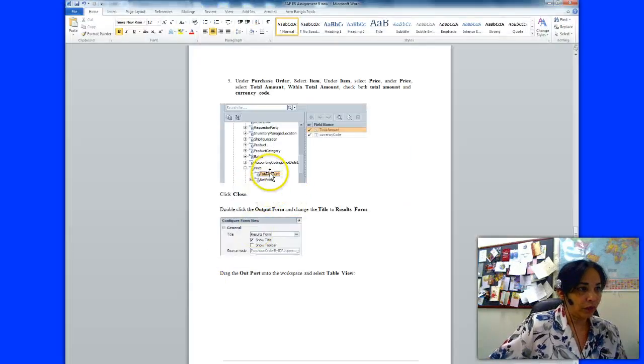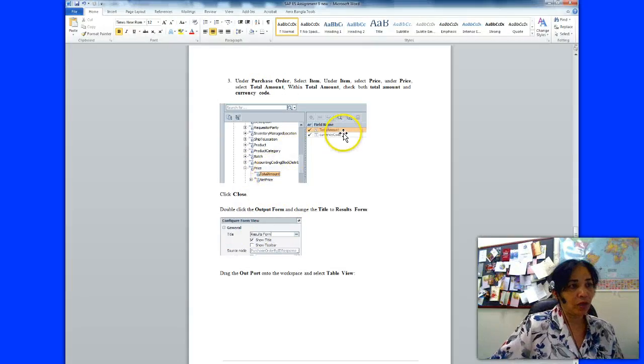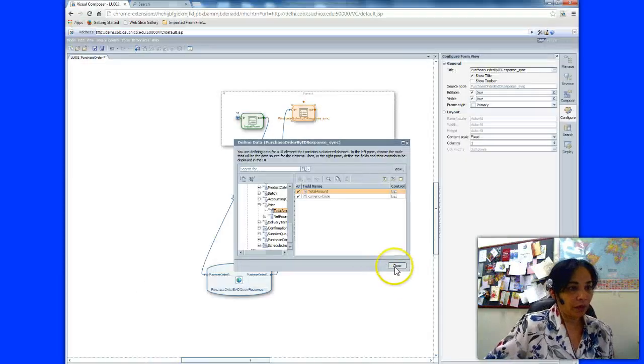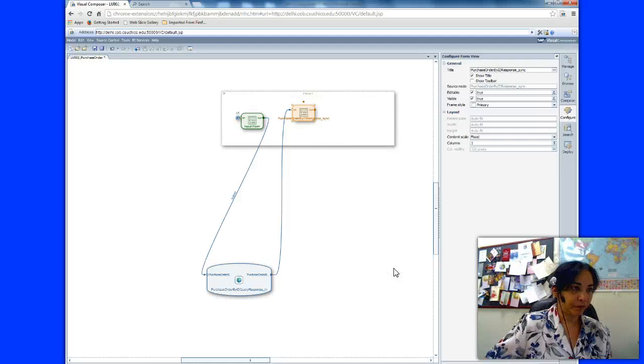So within price I have to click on total amount, and then I have to check both total amount and currency code, and then I have to click close. So I come here and then I click close. Okay,